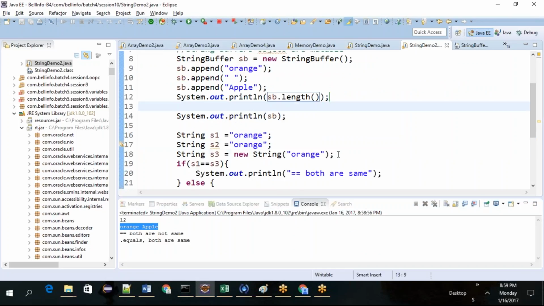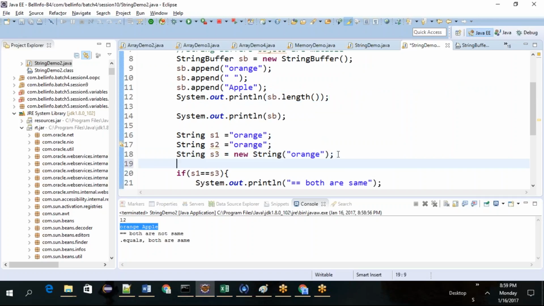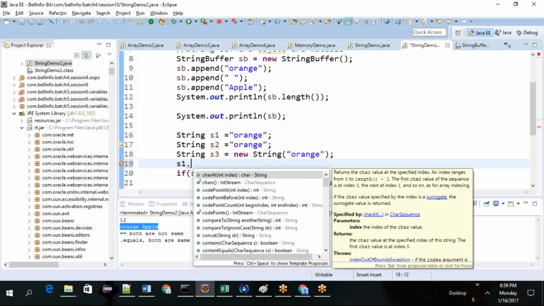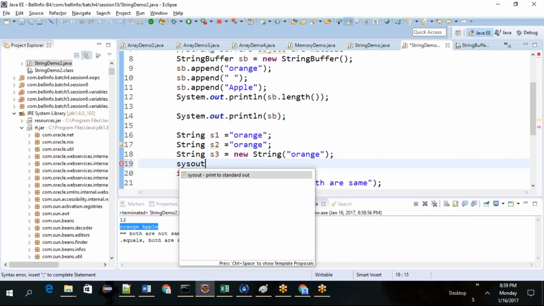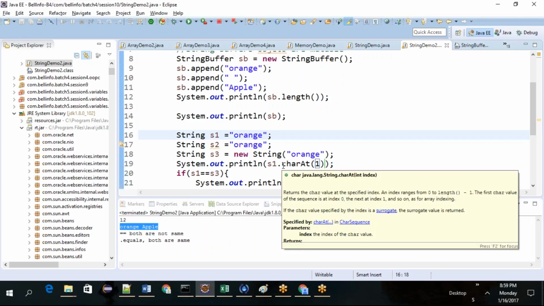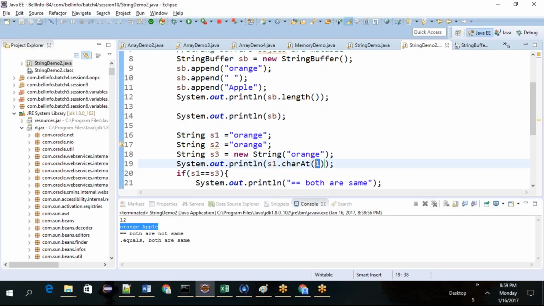Strings have a bunch of methods. So let's say I display s1 dot charAt(1) directly with System.out. What I am asking is, in the string s1, what is the character at index 1? Is it O or R?